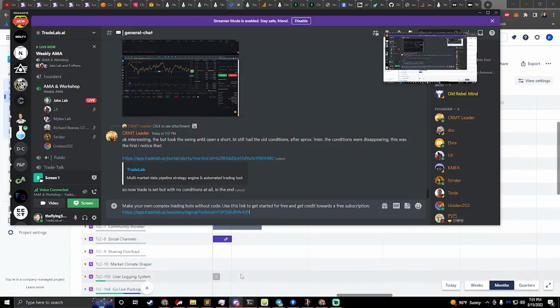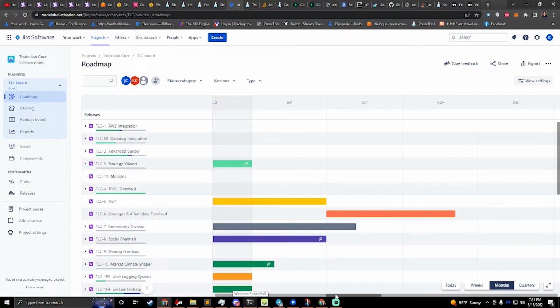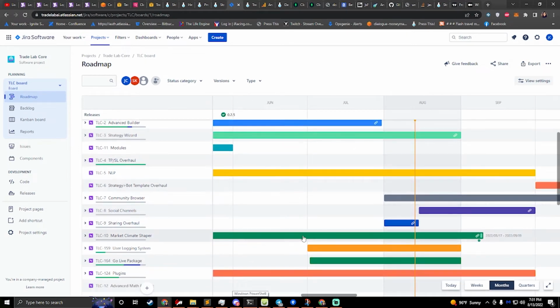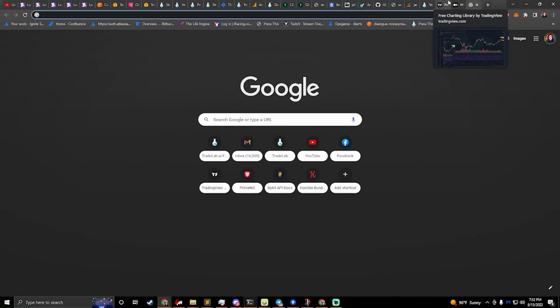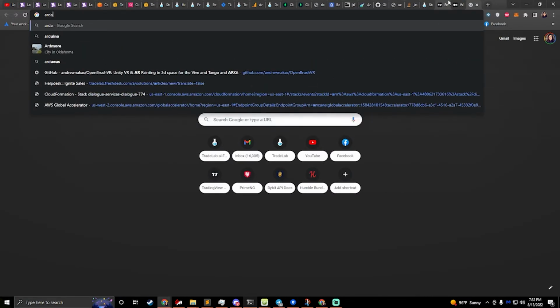So as we can see right here, we have this market climate shaper. This market climate shaper is a system that I'm developing, and I basically have everything that I need with the exception of the TA lib stuff, right? So the TA lib is going to finally allow us. I need a separate server basically to crunch these numbers, right? But as that comes online, we'll be starting to see the market climate shaper